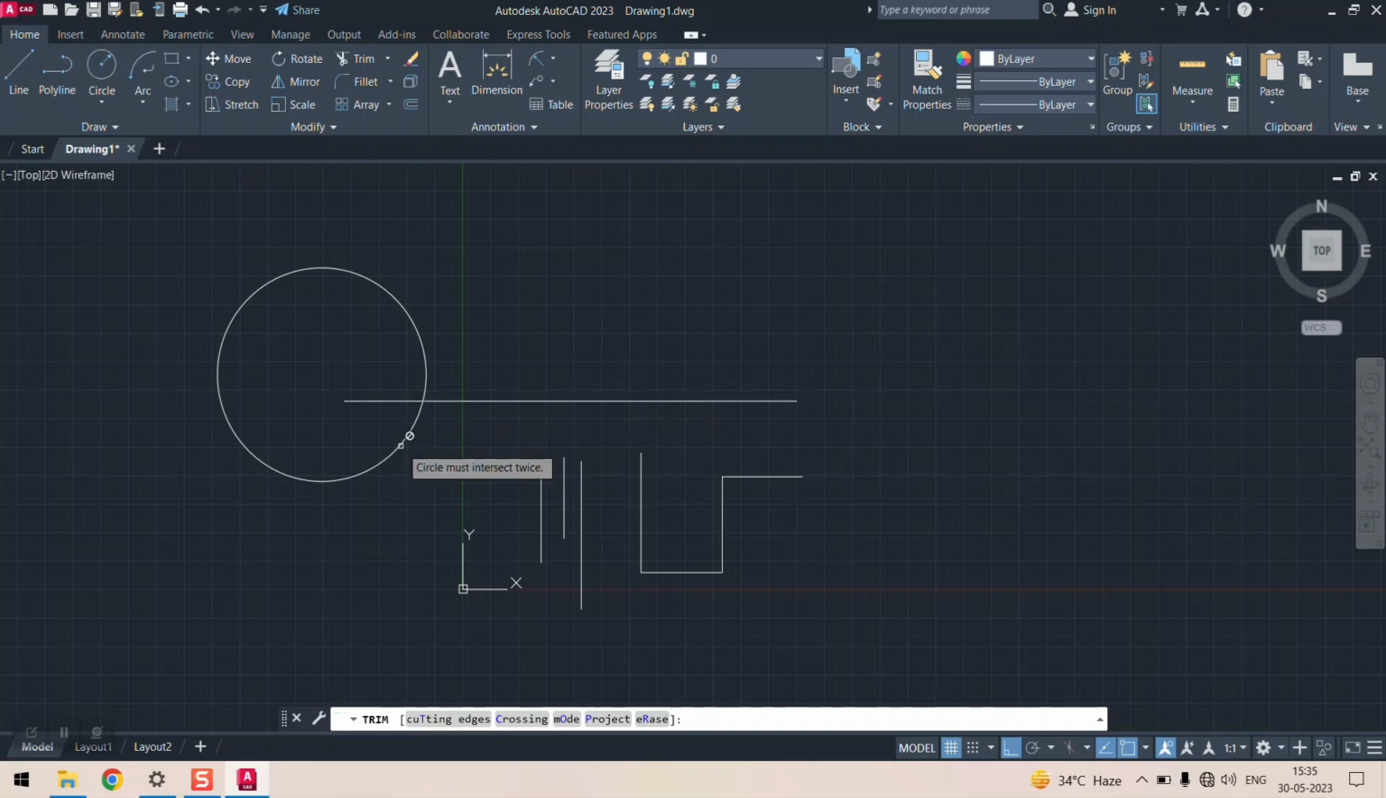right? And if you want to delete a portion of a circle, then in that particular case you have to